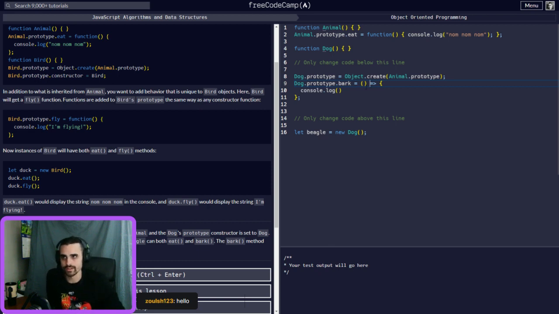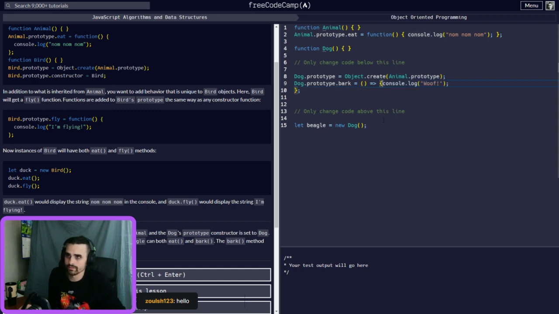We're only going to use it inside here, so that's why we're going to use this arrow function. So we're going to name it woof, right? Okay, so there you go.